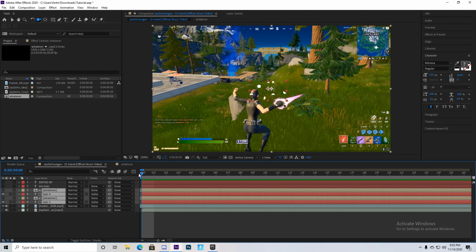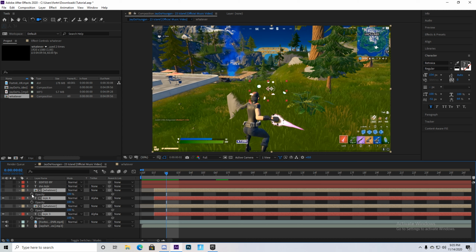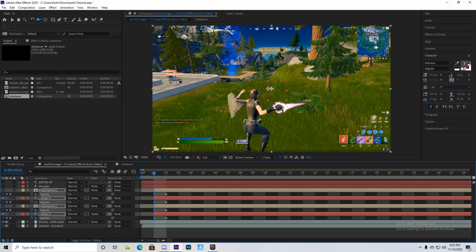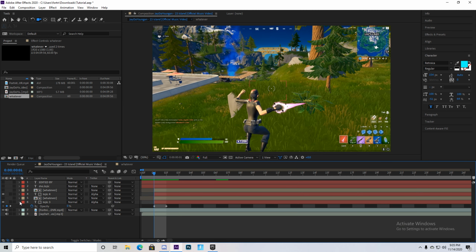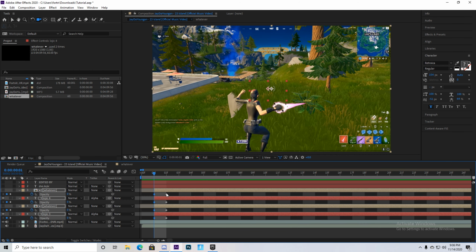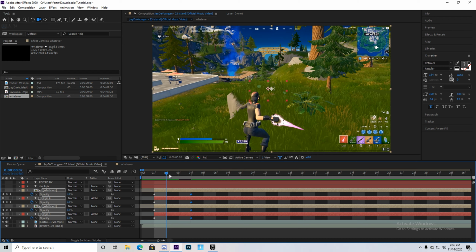Now it looks pretty good. Next, you can mess with the opacity, so I just keyframed it, went to the beginning and turned it to 0, because it looks a little choppy for me. I'm actually going to put the opacity at 100% a little bit, 3 frames to the right,